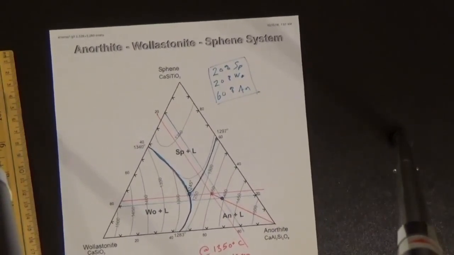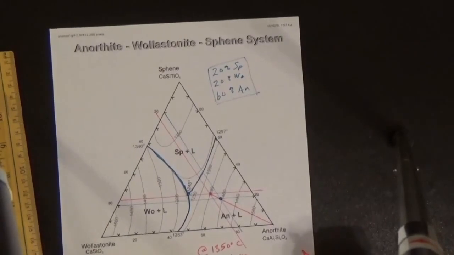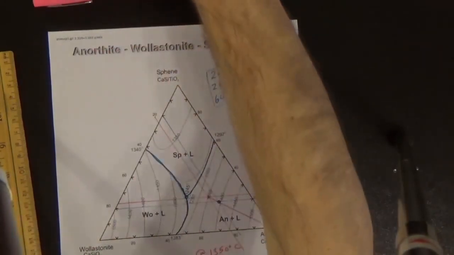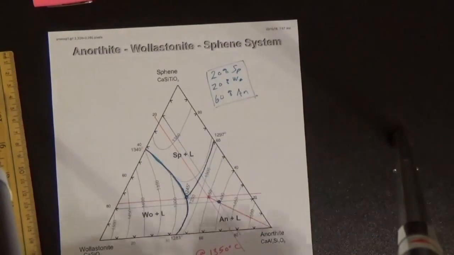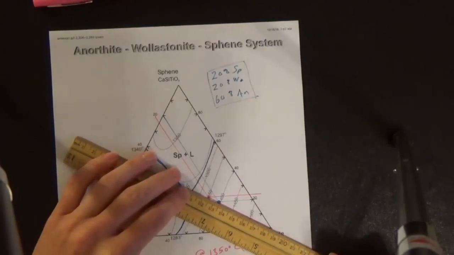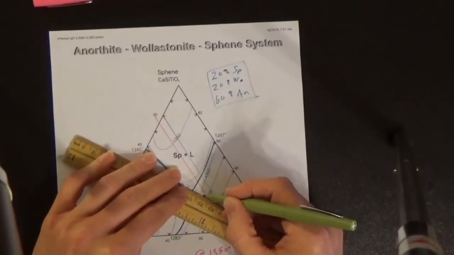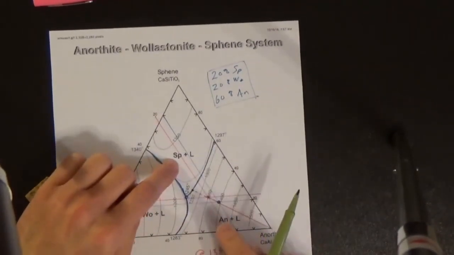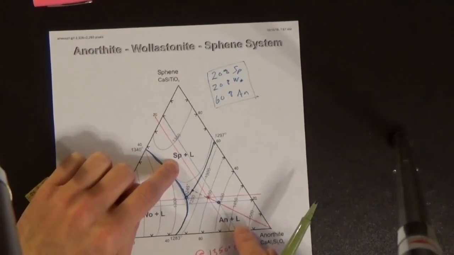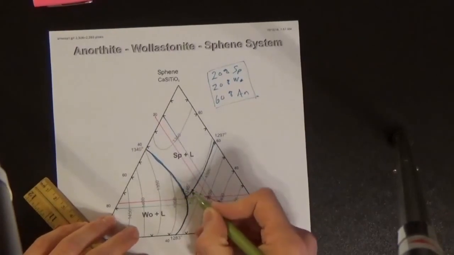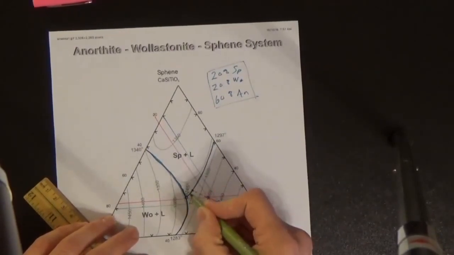So let's say that we continue to cool, and we cool to 1250 degrees C. So let's change colors here. Now we'll keep cooling. We touch the three-phase region, so now we have SP, AN, and liquid. 1245, well, that's a little bit further, actually, 1250, that's right here, it looks like,